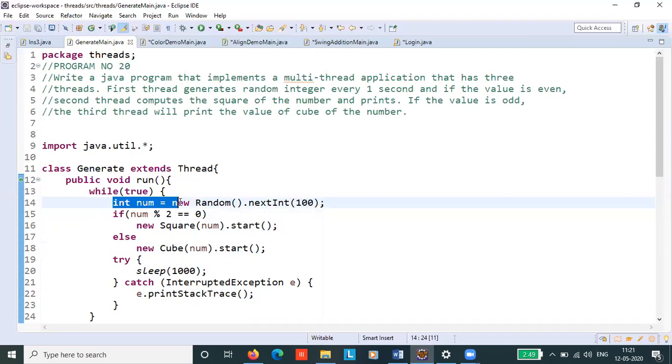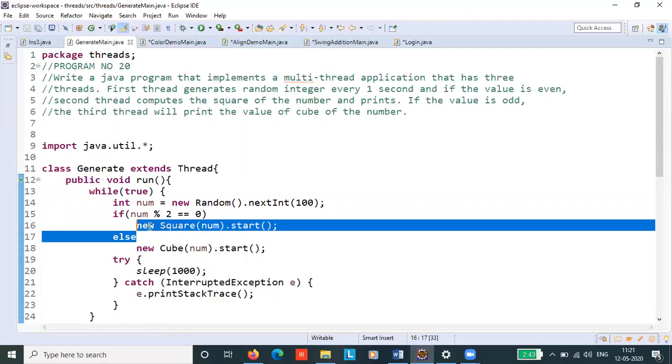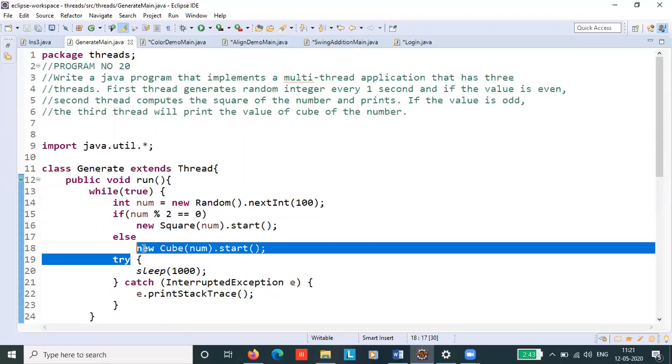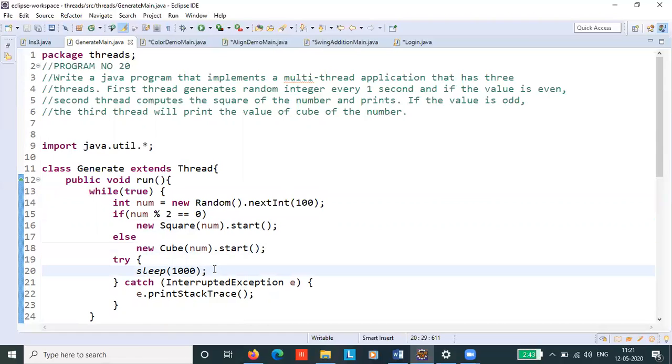First step, generate a random integer number between 1 and 100. Then if the number is even, activate the square thread. If the number is odd, activate the cube thread. Meanwhile, we are using the sleep method of 1000 milliseconds.